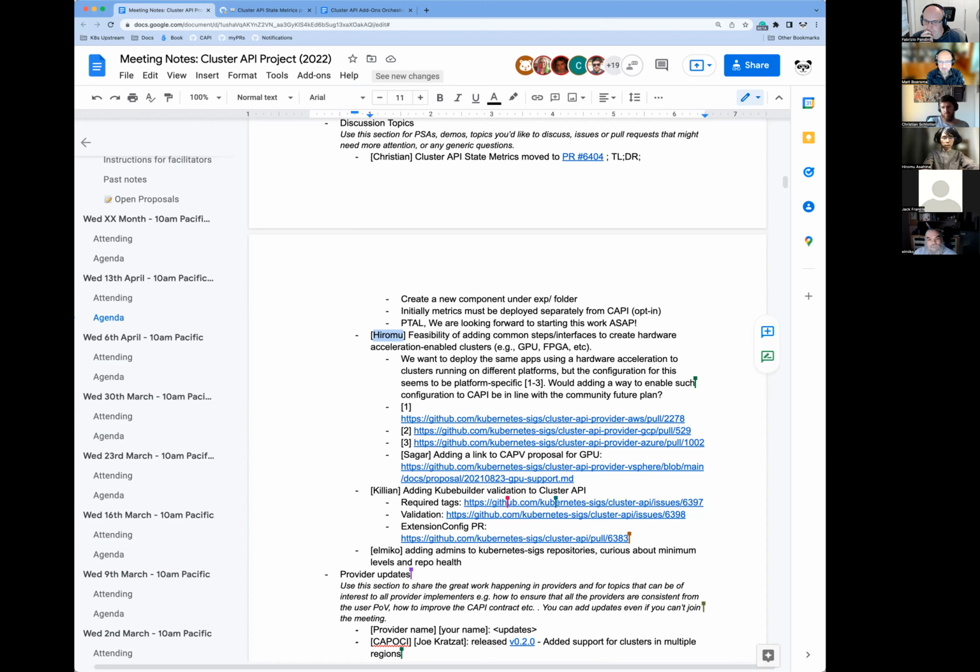And we want, as I wrote here, to deploy the same applications which use hardware acceleration features running on different platforms like AWS or OpenStack, etc. The problem for us is that, as I said, we want to use hardware acceleration, but there seems to be platform-specific configuration, like the URLs I put here.